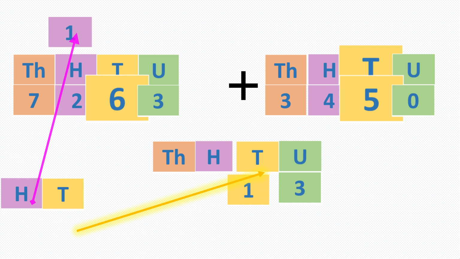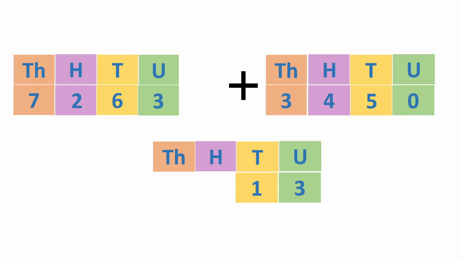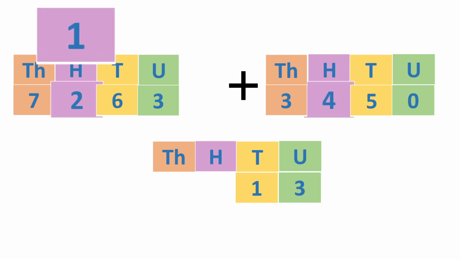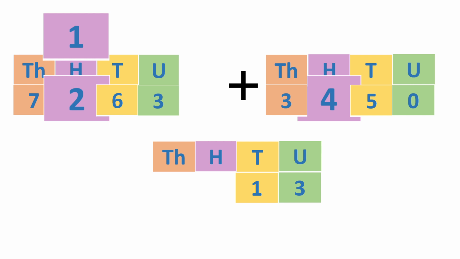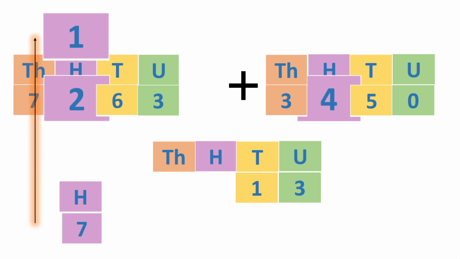Can you see? Now it's the time. Don't forget to add 100 in the hundreds house. We have 100, 200s and 400s here. What is the sum? 1 and 2 is 3, 3 and 4 is 7, 700. Yes, and we don't have anything in the thousands place. So 700 will take its hundreds house.